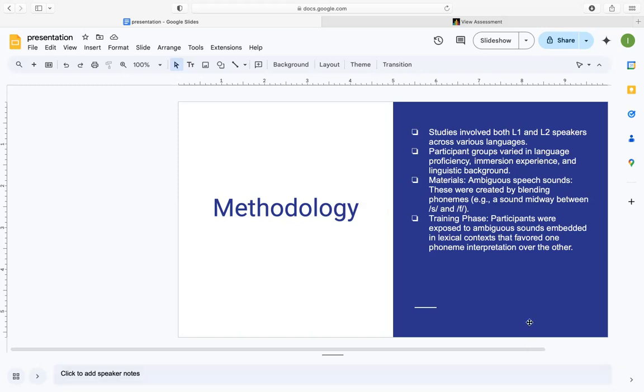The materials they used for this experiment were mainly, like I said, a sound midway between S and F, and also